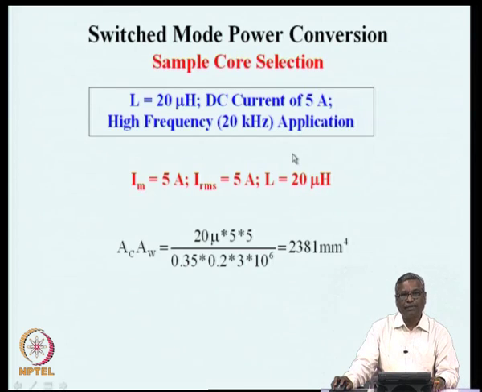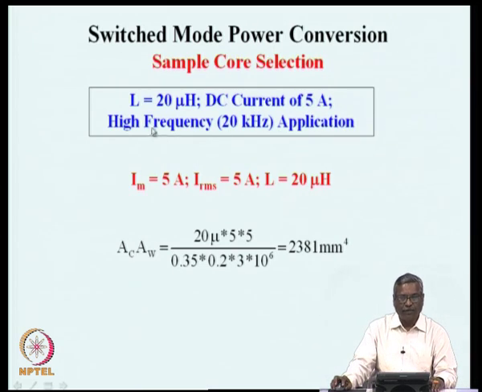Let us take a sample design now. Let us say I want to design an inductance of 20 microhenry carrying a DC current of 5 amperes for an application where the switching is done at high frequency, which is about 20 kilohertz. In this case, the maximum current and the RMS current are both the same, 5 amperes, and the inductance is 20 microhenry. And we use 0.2 Tesla for the maximum flux density, and 3 ampere per millimeter square for the current density,